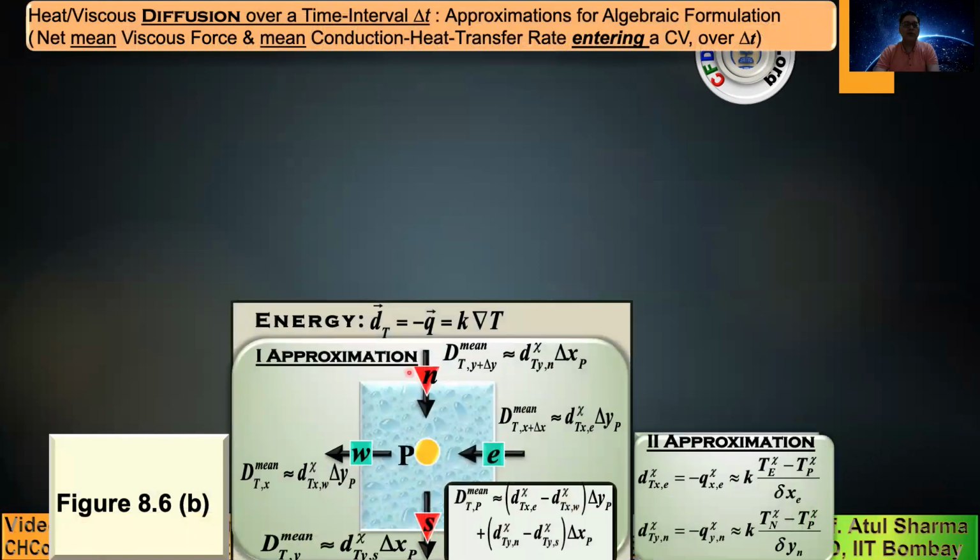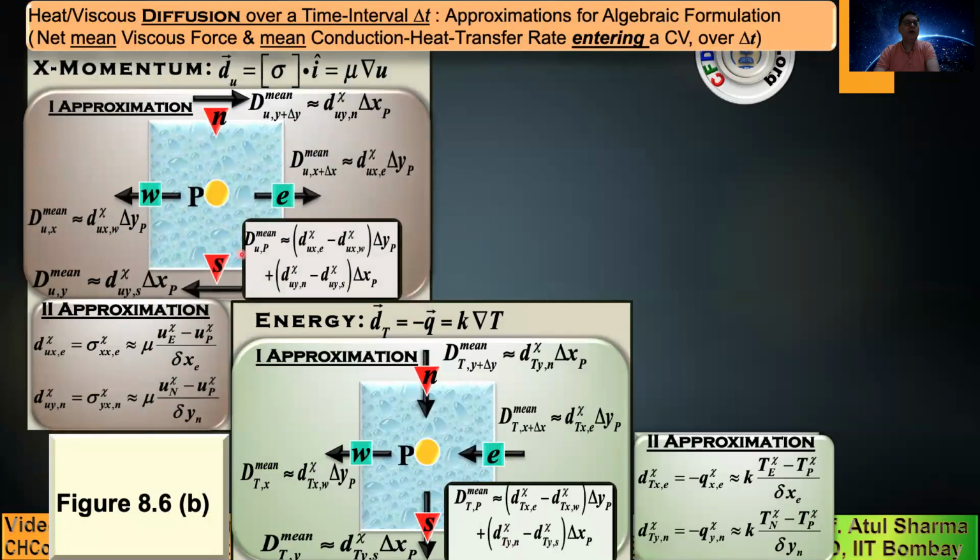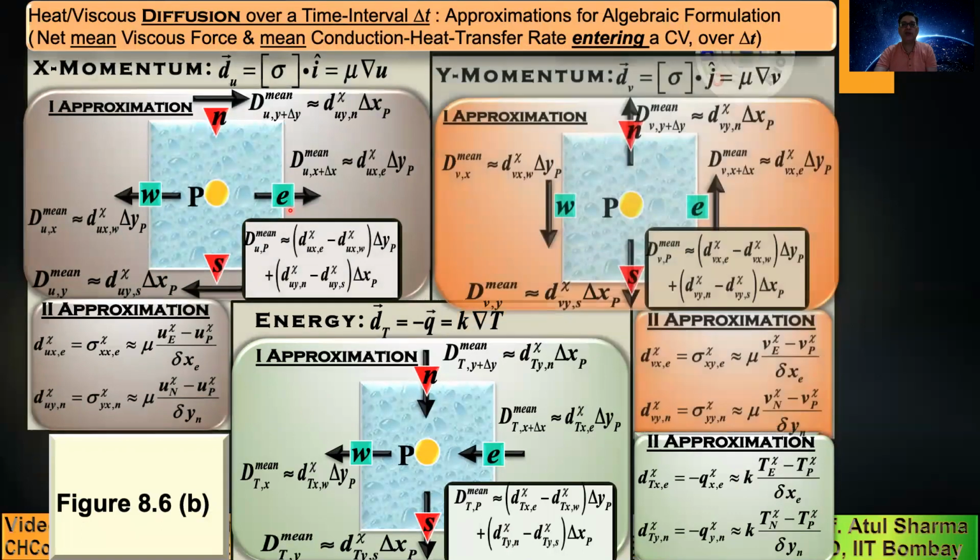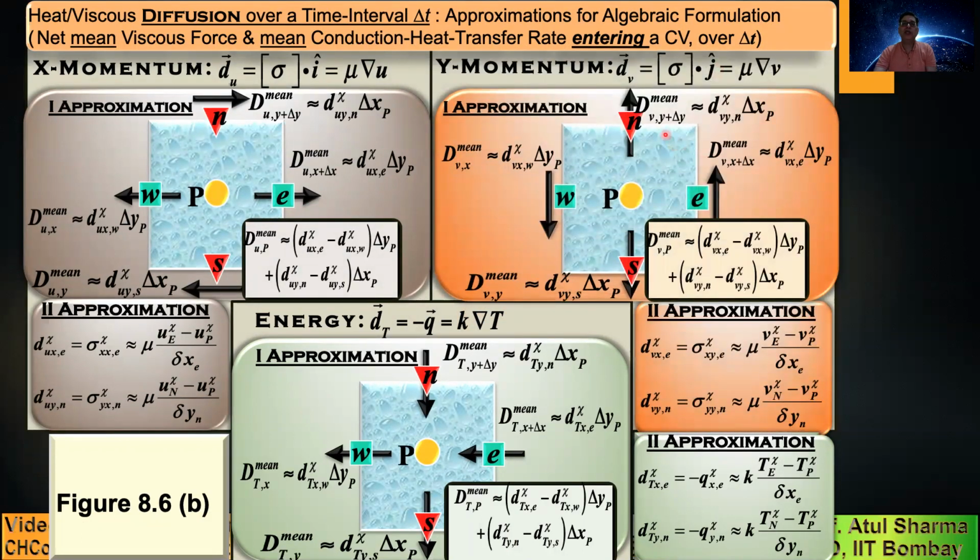For the diffusion transport, note that in conduction, we have taken total influx: west surface minus east surface, and south surface minus north surface. But when you talk about viscous forces, and you have to calculate the net viscous force in the positive x direction, the viscous forces act in the positive direction on the positive surface. This is for the viscous forces in the x direction. This is for viscous forces in the y direction. So you can see that to calculate net viscous forces in the positive x direction and in the positive y direction, we have to do positive surface minus negative surface.